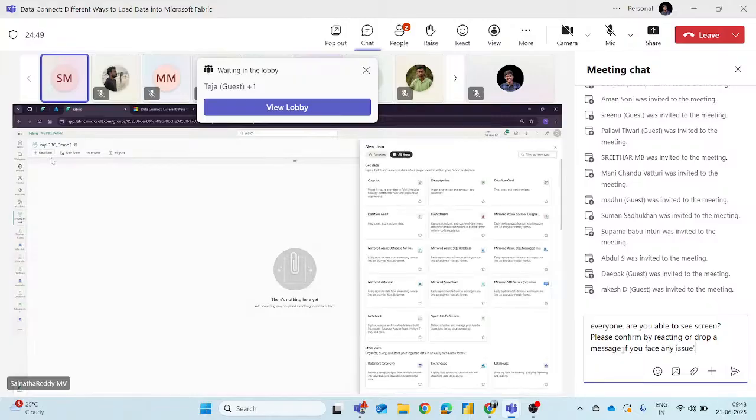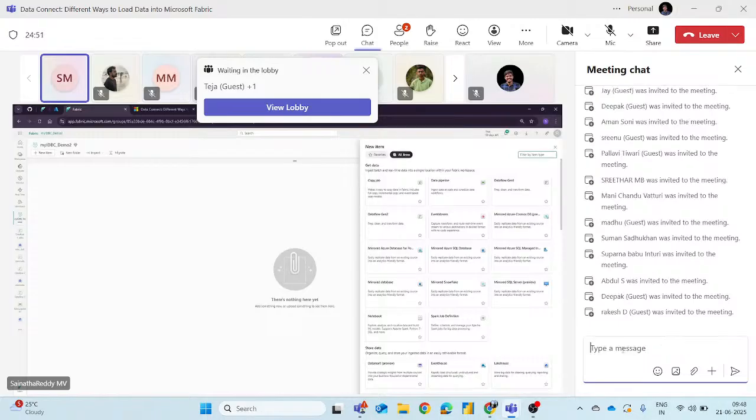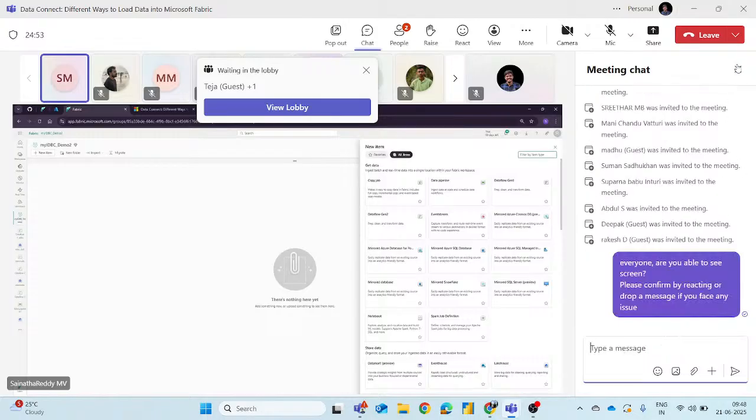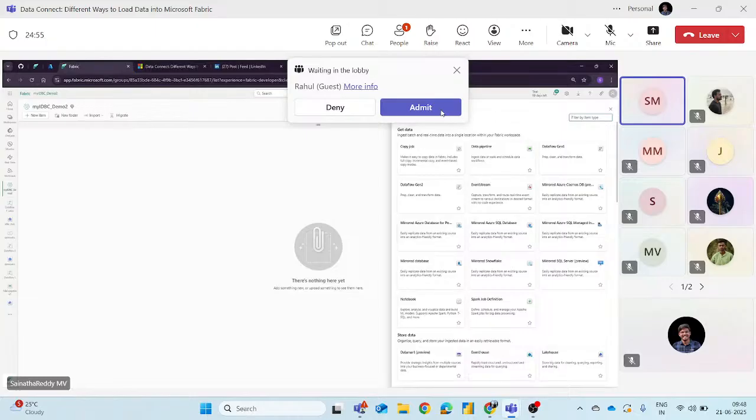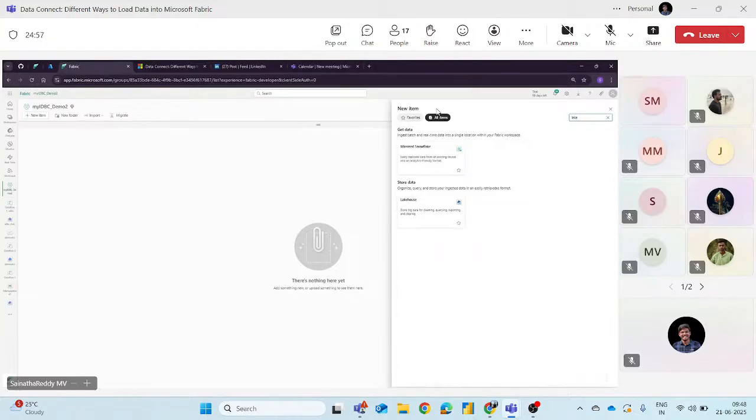In the new item, first of all, we need to create a lakehouse. We need to build a lakehouse to load our data. So this is the lakehouse.